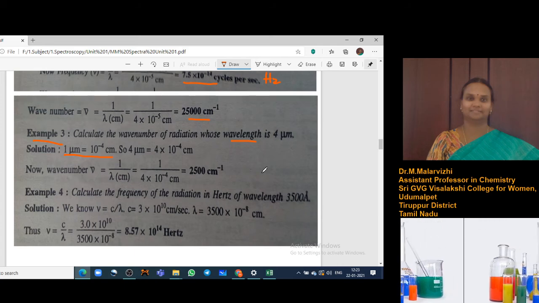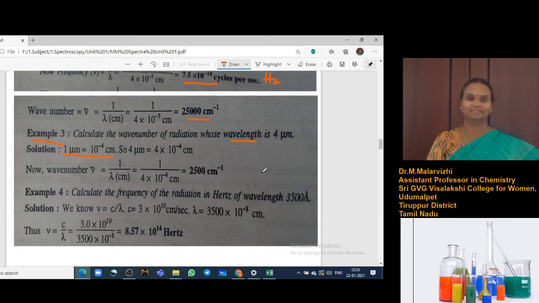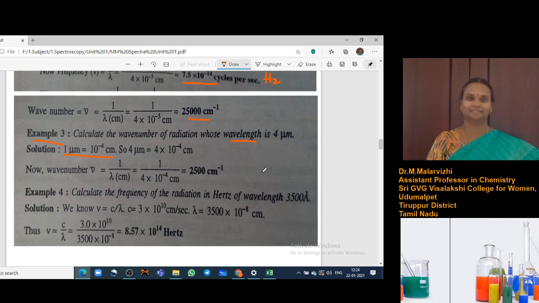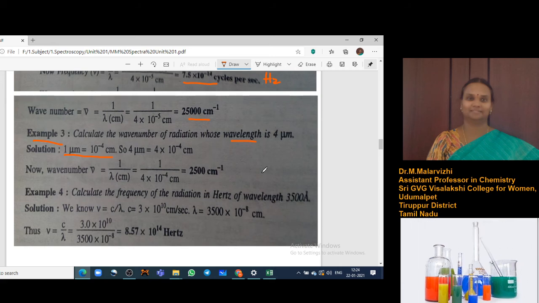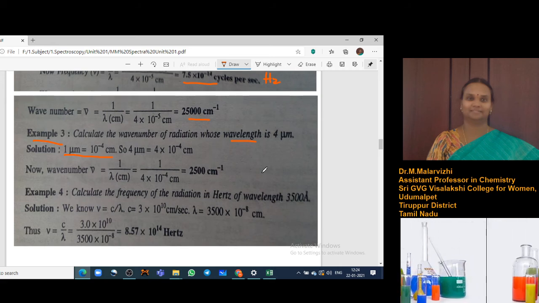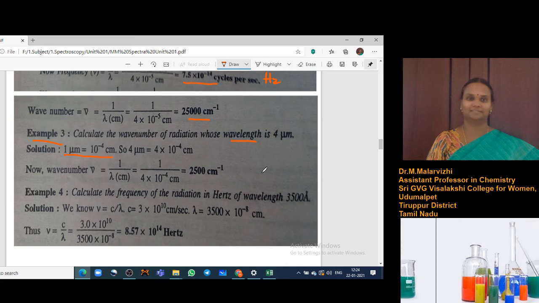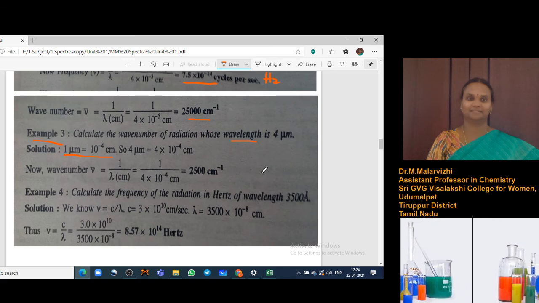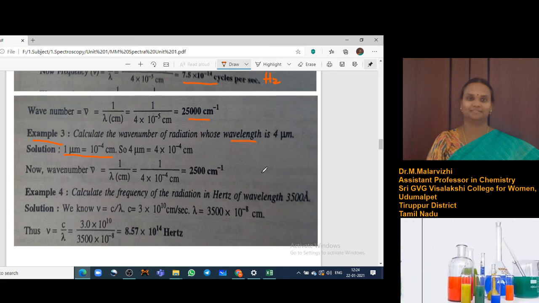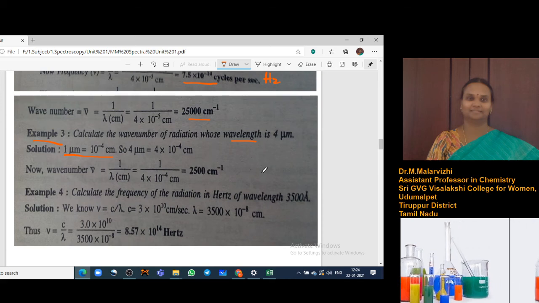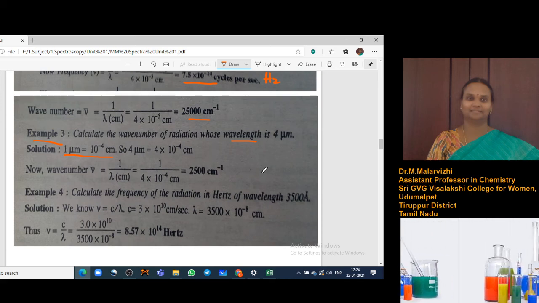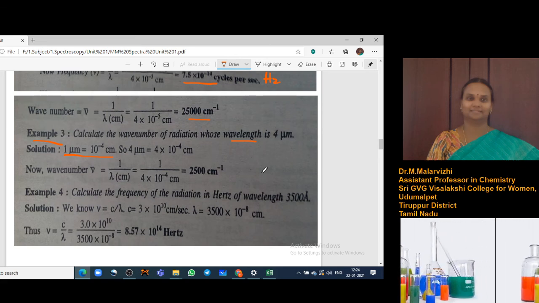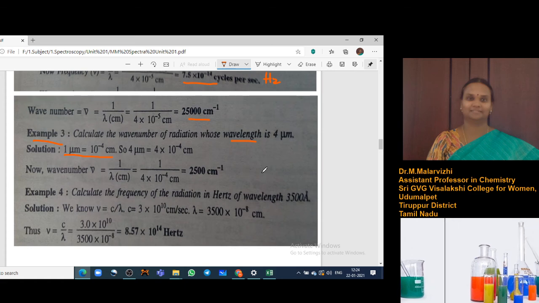Okay, so wave number is the reciprocal of wavelength, nu bar equal to 1 by lambda. So 1 divided by 4 into 10 power minus 4 centimeter, you get the value 2500 centimeter inverse. These are all very simple only. Just remember the relation between the two parameters. Any one parameter they give, the other parameter they will ask to find. So it is very simple. Out of those 5 parameters, wavelength, wave number, frequency, velocity and energy, any one parameter can be given and any one parameter can be asked.